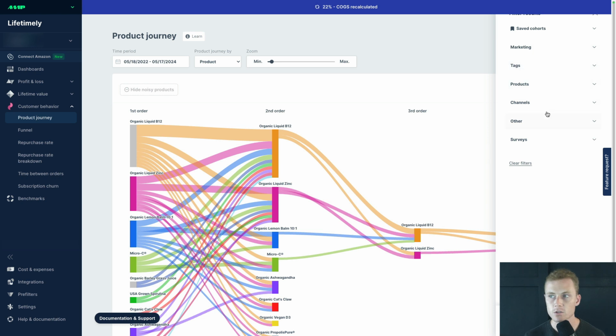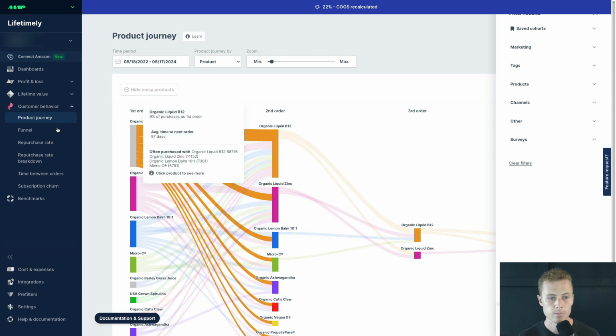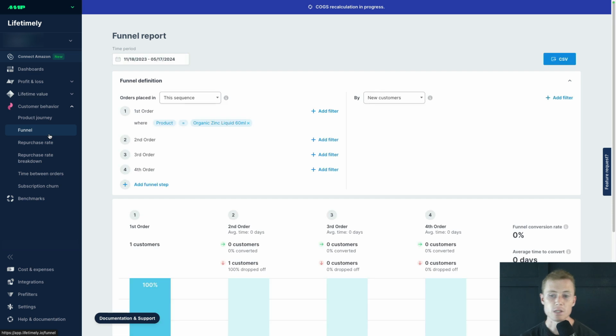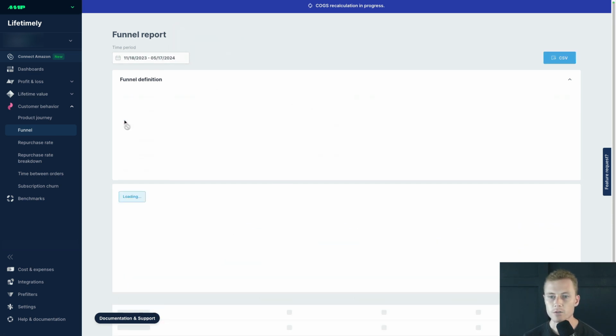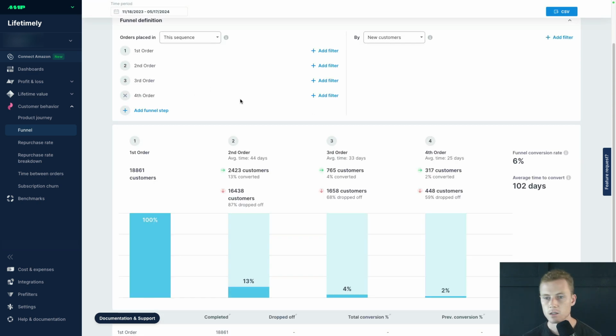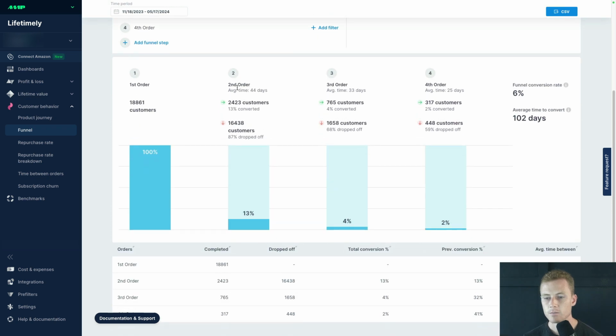Again, those filters that we use in the lifetime value reports and the profit and loss reports, they can be used throughout this product so that you can dig more deeply into specific cohorts. Next is funnel. And honestly, of all the tools that I use within Lifetimely, funnel is probably the one that I spend the least amount of time in, but funnel can visualize for you in a different way how somebody comes through the website. So you can see here, first order, 2,400 customers made it to the second order, 765